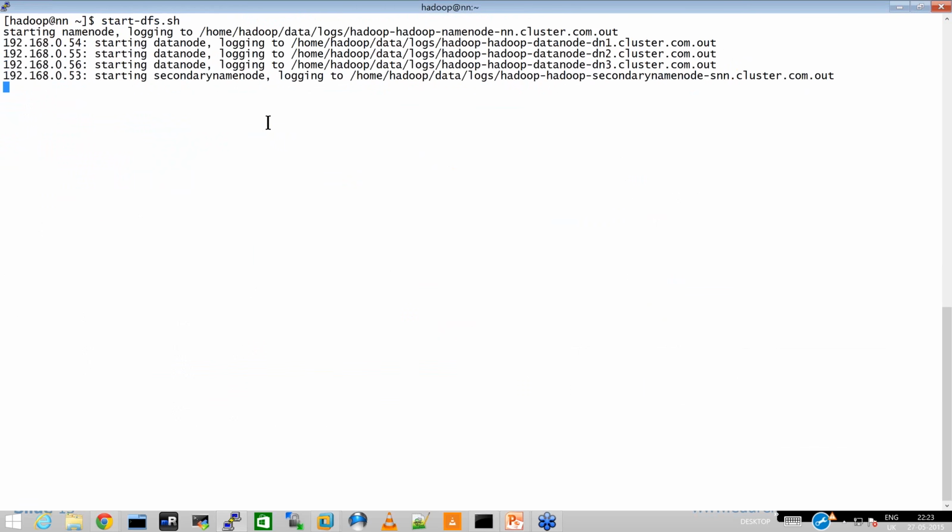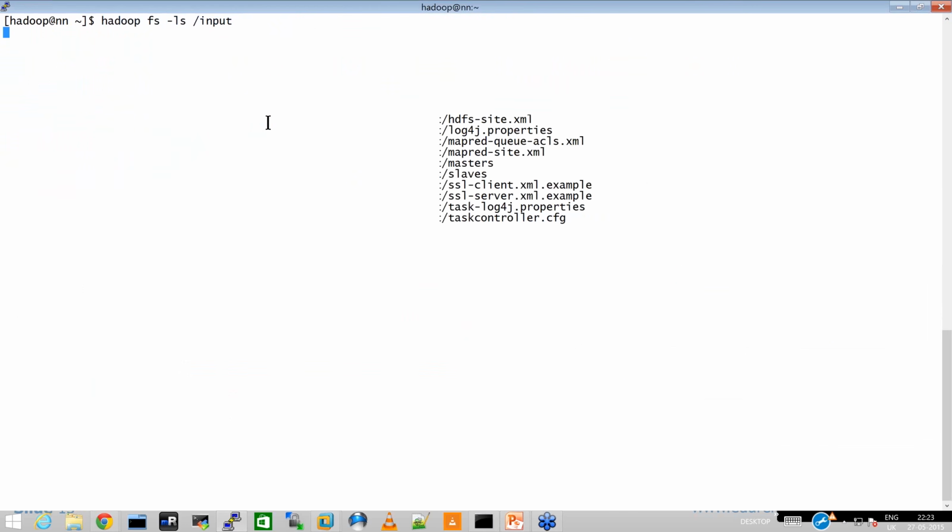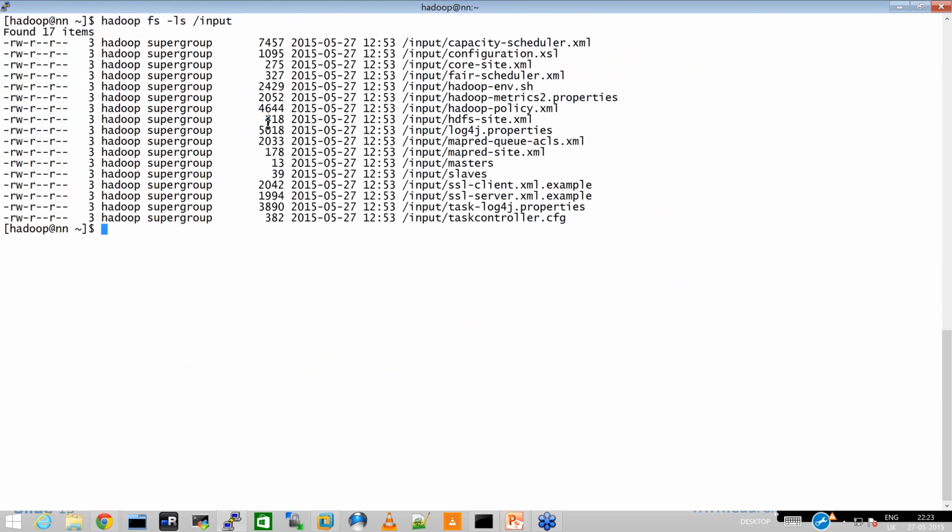Now if I put some data, you can see a lot of data now inside the Hadoop distributed file system. Let's say now I want to upgrade it, and my data should remain intact. So how can I do that? Stop all the DFS components